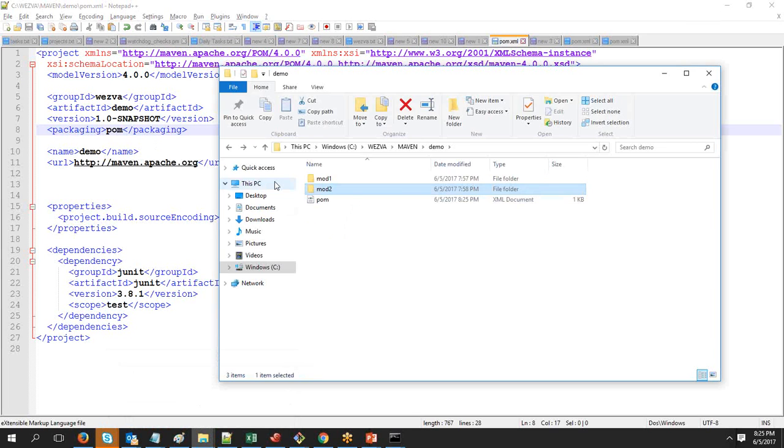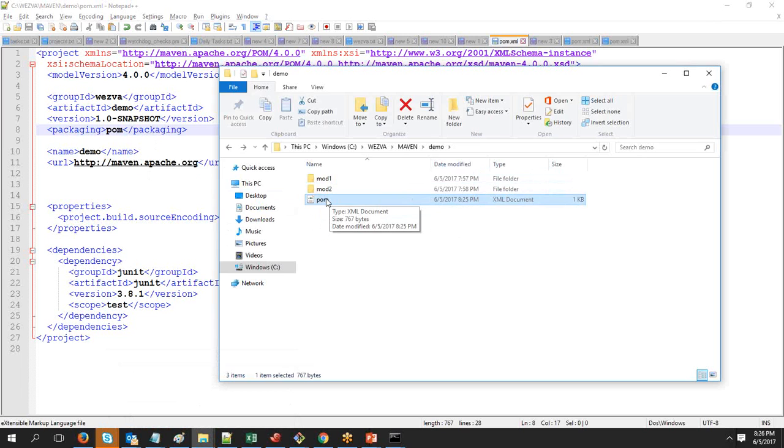Okay, so now how are you going to specify what are the modules that you are going to work through this? So now, in order for this pom to completely understand this module as well as understand the dependencies of this module, we have to create a parent and child relationship. So for that, first in the parent pom, you will define what all the modules are that this parent